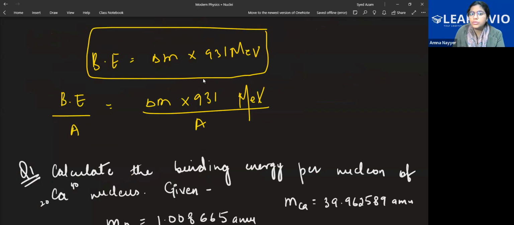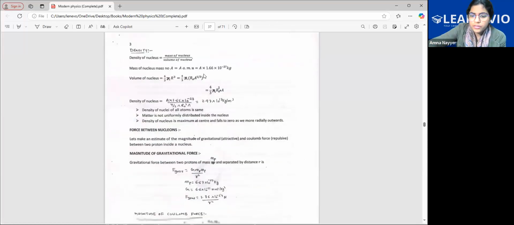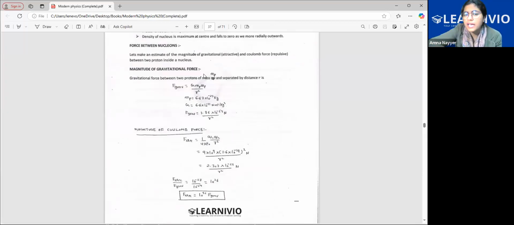Now, before we come to the numericals, let us see what all is written in the notes. So see this, you have the gravitational force from your class 11th. When you put all the values in the gravitational force, you get the value as 1.86 into 10 to the power minus 64. If you remember, G m1 m2 by r square was the formula in your class 11th. Now you don't have much use of it, but you have the electrostatic force present.